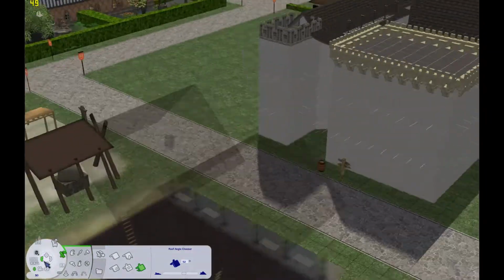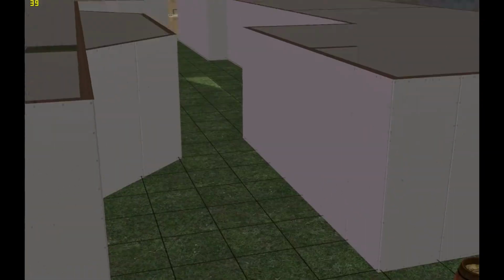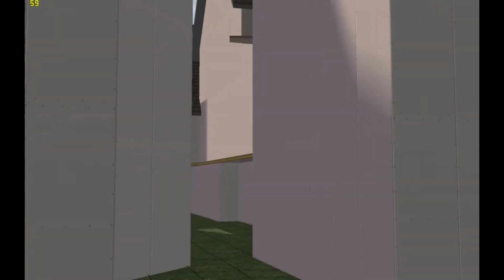I'm apparently magic. Now that I'm looking at it, the roofing is kind of bothering me. There's just the 2 on the edge. I wish I would have done a flat roof on a different one, but